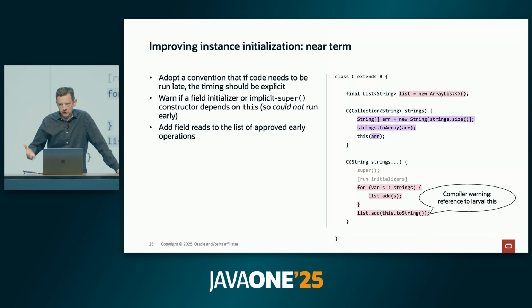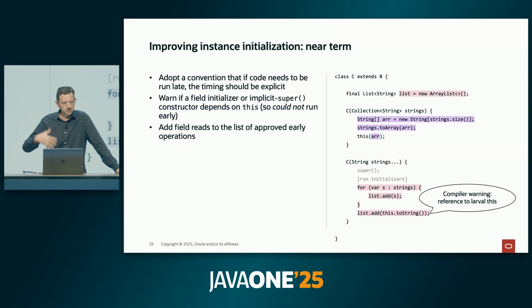So, okay, we turn on those warnings. People can opt into them, and they get some extra warnings. Oh, one more thing here. Field reads are one thing you might want to do with this that is actually pretty innocent. If the field has been assigned, and we're talking about local code, we can see that the field has been assigned. There's nothing particularly wrong with going in and reading the value that you just assigned to it. And so that's something we can support, and we could add that behavior to the early phase.